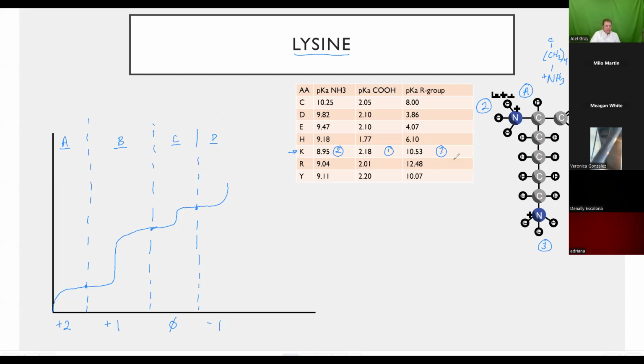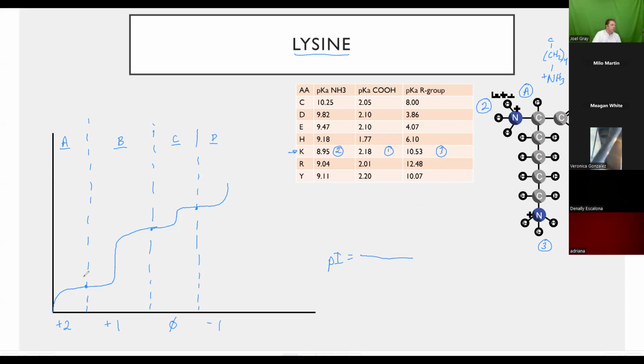So I've listed the molecules, I've listed the groups in the sequence that they're going to be deprotonated: my C termini, followed by my N termini, followed by my R group. Now, I'm not so much stressed about drawing this molecule. What I'm much more interested in here is calculating my pI. Keeping in mind what my pI is, it's the point where my molecule has an overall charge of